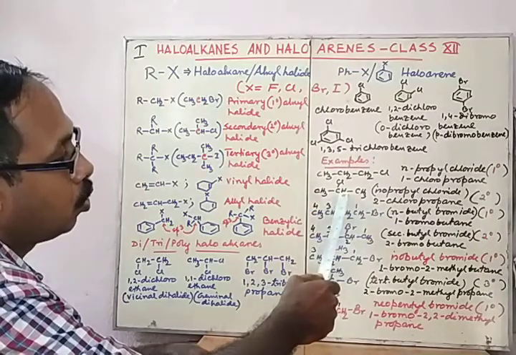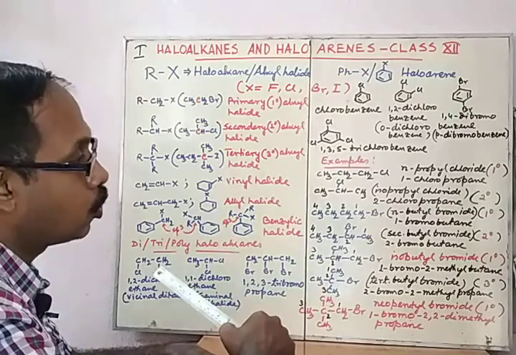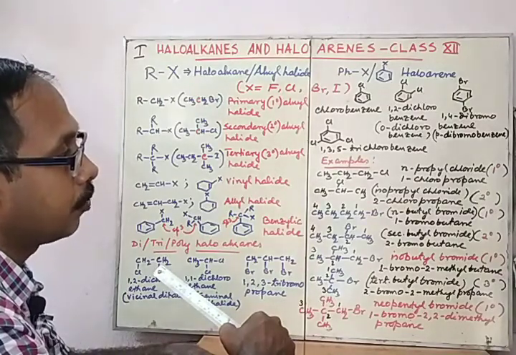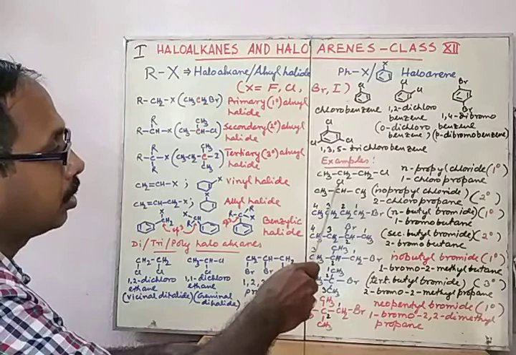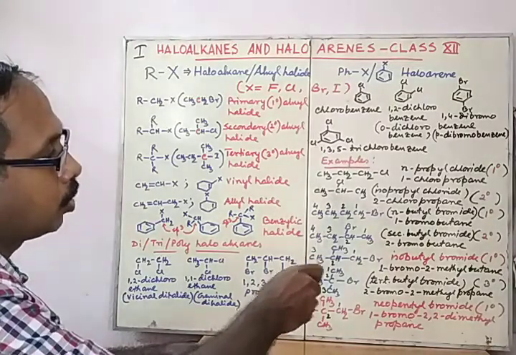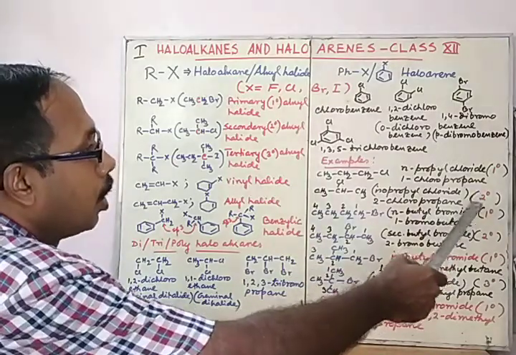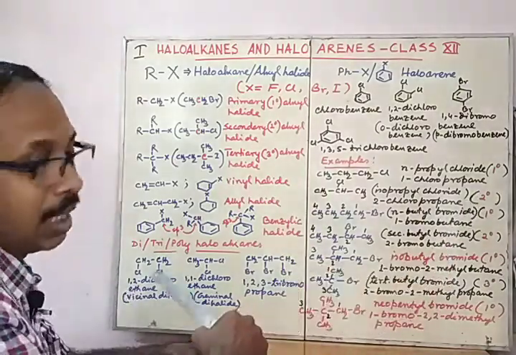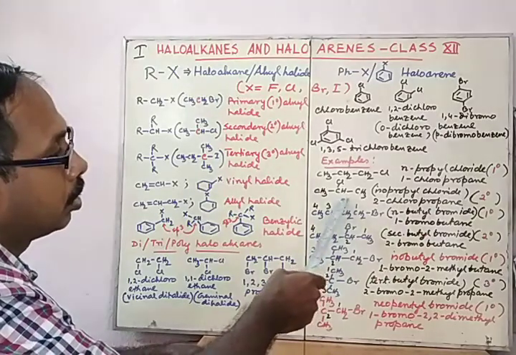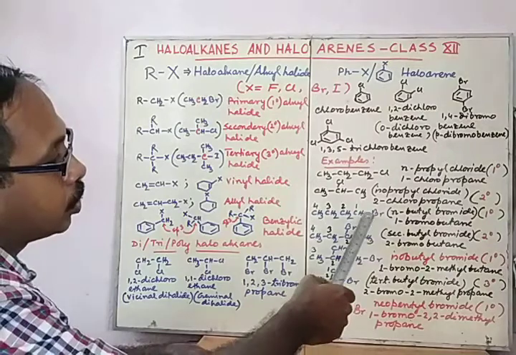This is 2-chloropropane and it can be stated as isopropyl chloride, because of its symmetric structure we can follow that the carbon holding the halogen group has two sides that are symmetrical. So this is a 2 degree haloalkane. The CH carbon is holding the halogen. Now it is also a primary halide.